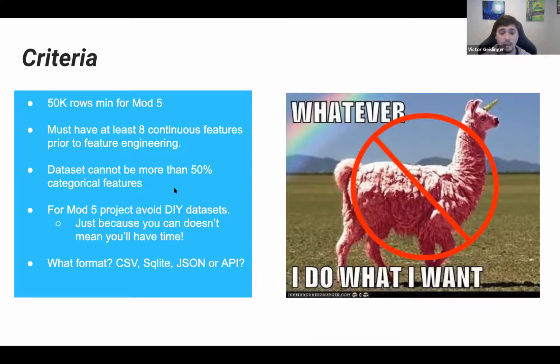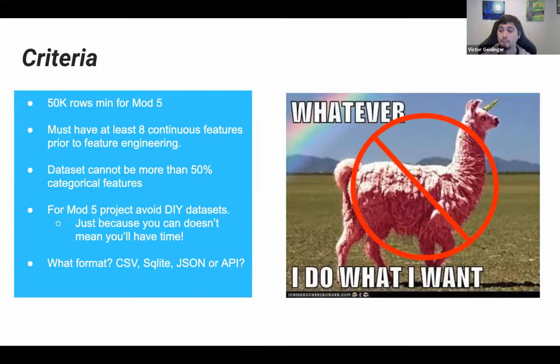Okay. Here's a little note about DIY data sets. It's perfectly fine to get a data set through web scraping or other methods where you have to essentially collect the information. However, for this project, because it's mostly going to be focused on the machine learning aspect, I really suggest not doing web scraping or these DIY data sets, because it will take more of your time away from the actual modeling process. And that's what this project should really be focused on. That way you can get a feel for how to do this modeling and everything.